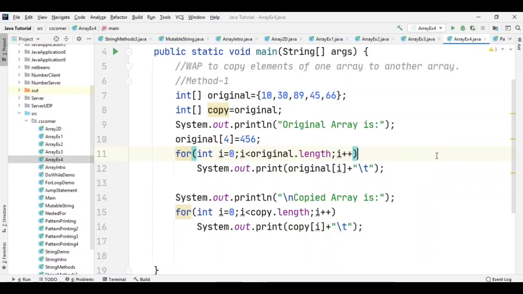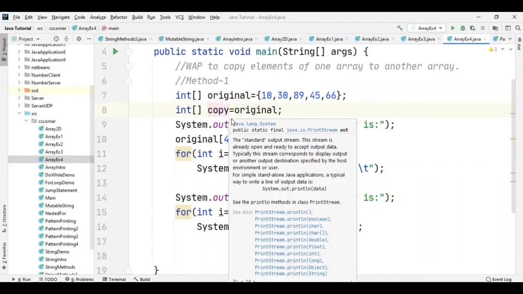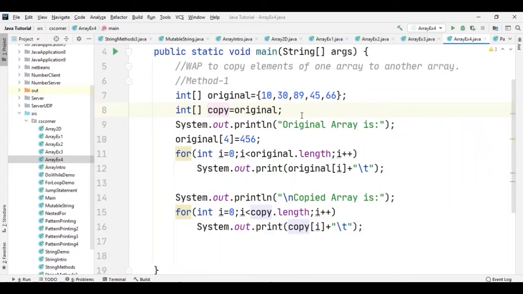Manipulating something on one set, the other set will remain unchanged. That is what a copy is. Here what it has done is change the value in my second array also, because I have assigned the reference of this array to this array. That means they are pointing to the same address. If you manipulate one value, the other will also be manipulated. So this program will not give you the exact concept of copy.